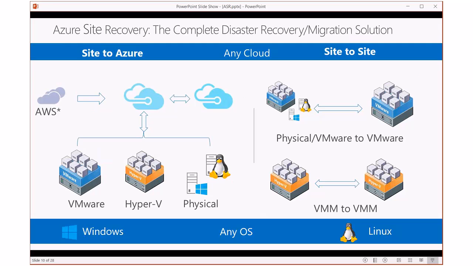Even if you have your machines in other clouds, that's fine, right? If you have machines in AWS or you're taking advantage of Rackspace and you want to have those machines also be protected in Microsoft's cloud, you can do all of that.